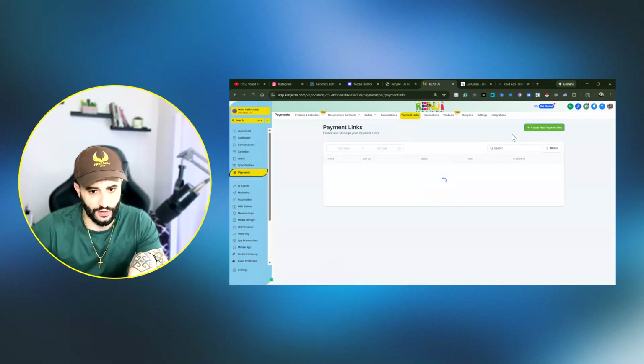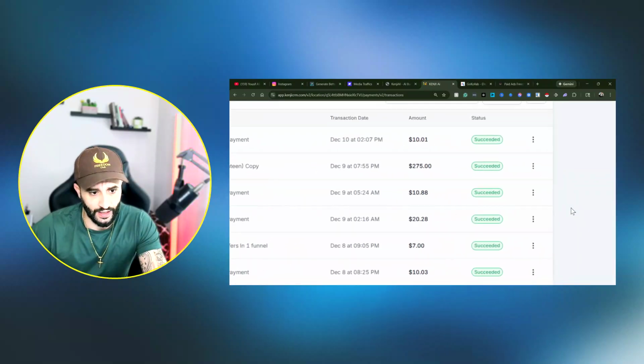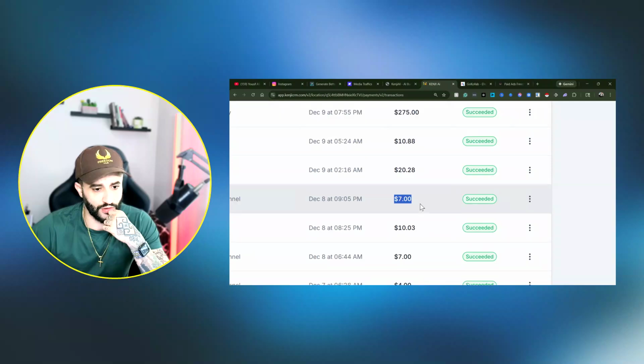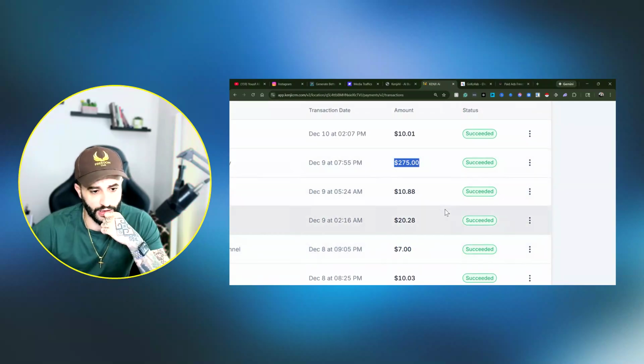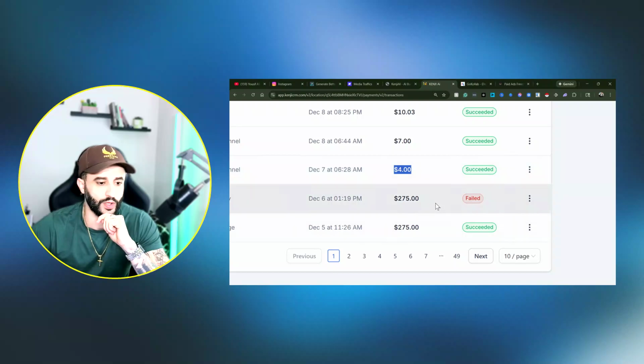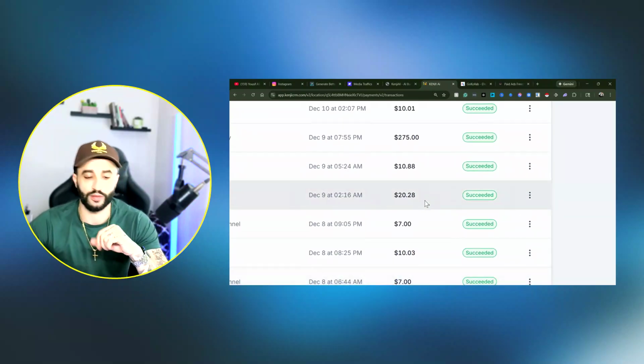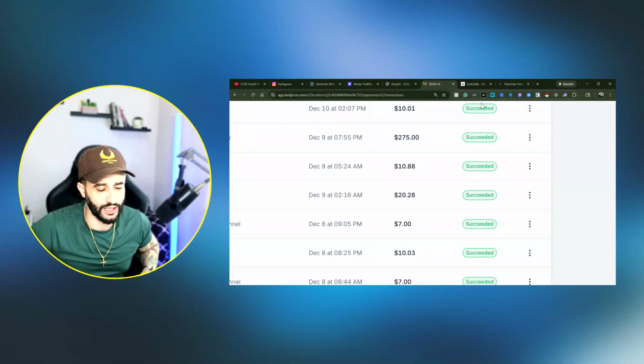So as you guys can see, these are our transactions right here. As you can see, these are people paying for the community and also paying for other stuff as well, which is higher ticket stuff, right? So if you want to get low ticket offers like this that pay you upfront, then go ahead and set up your community,